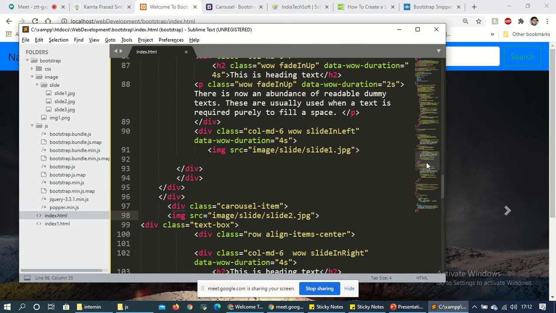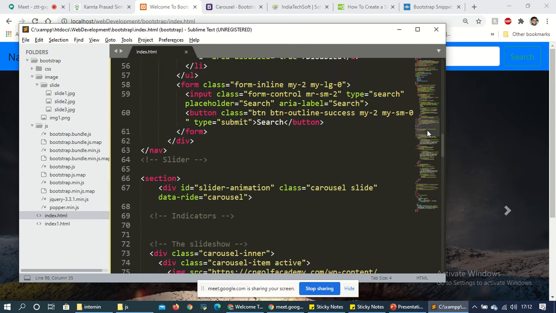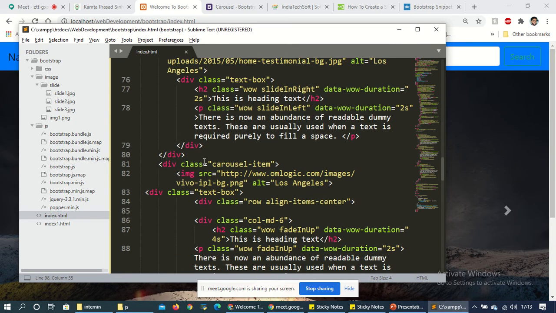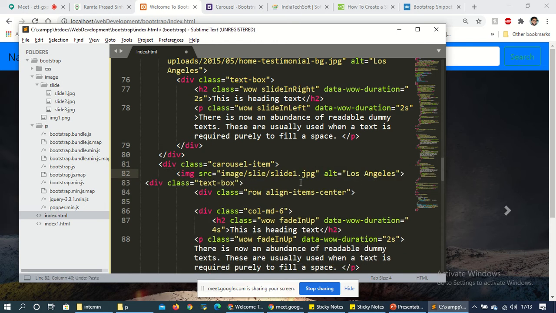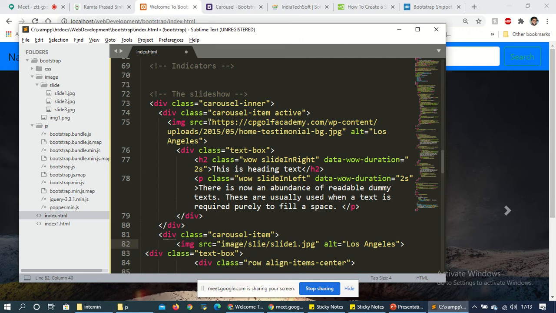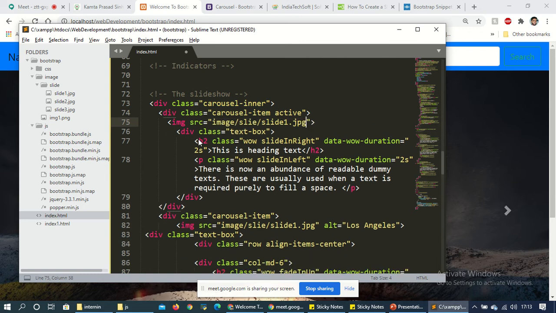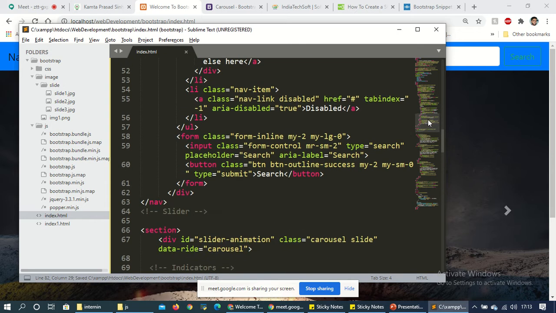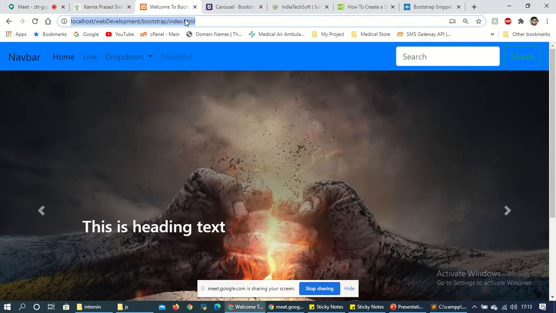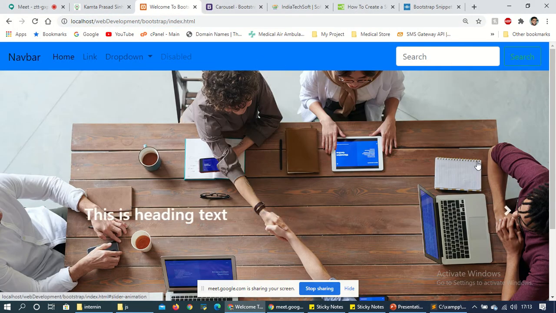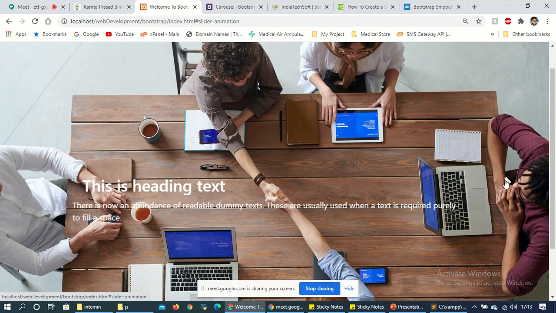Again paste, and paste image 2, slide slide slide. Yes. So this is the first image.